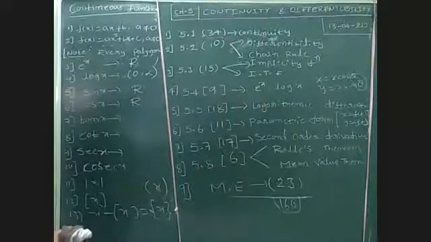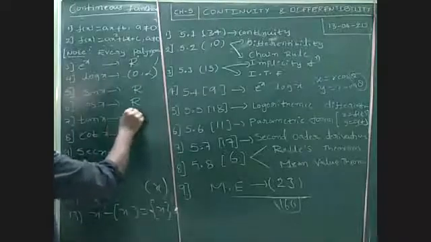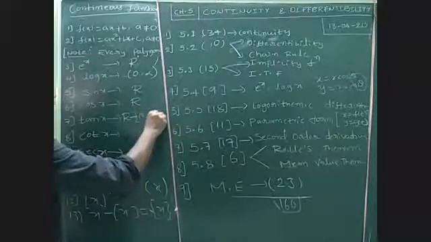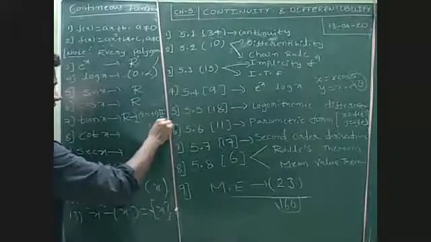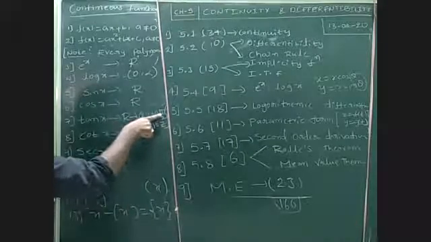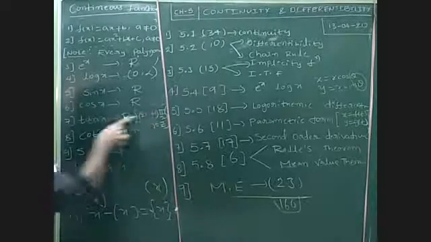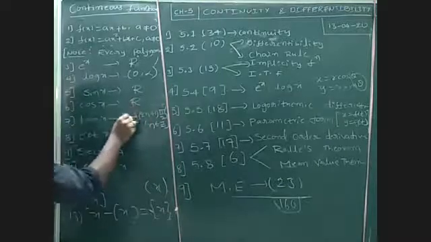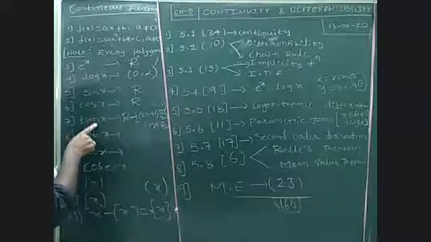It will be discontinuous. We will write it like this: R minus (2n plus 1) pi by 2, where n belongs to Z, the integers. Look at it: except at 90, 270 and so on, for all these values it is infinity. So remove those values. In this domain, tan x is continuous.